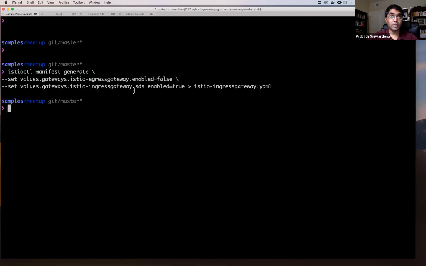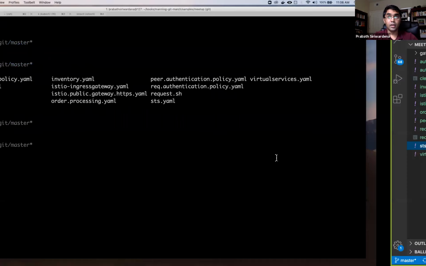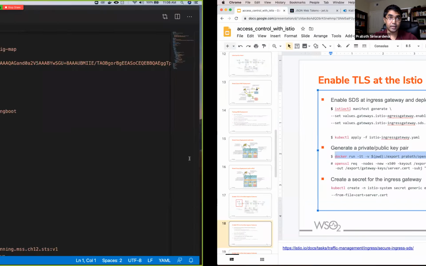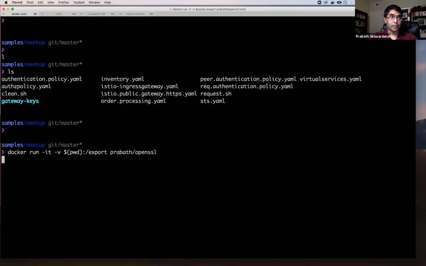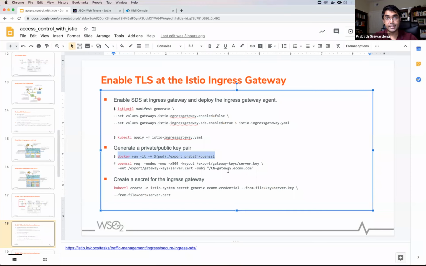Okay. So then it will write the updated configuration to the Istio ingress gateway file, and now I need to apply this one. Okay, done. Now I need to create a public private key pair. I'm using OpenSSL, so you don't need to set it up on your machine. I'm using an OpenSSL container here. Okay. Now I'll generate a key pair. So you can see the CN is set to